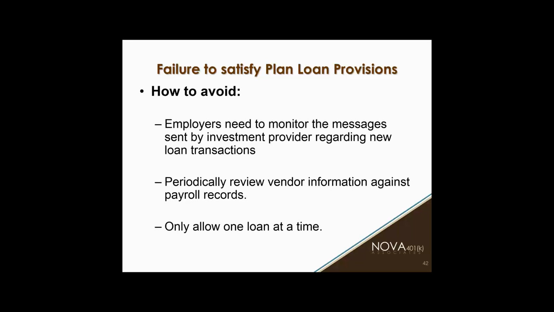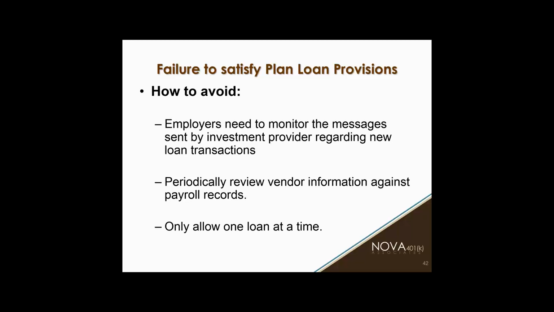Again, how do we avoid some of these loan problems? Almost all of your investment providers also record keep the loans and track them. And if loans become delinquent, most have reports that get sent to you as an administrator indicating that loan payments have not been received, and then listing the loans that seem to be delinquent, right? So keep an eye out on all of your message center emails that you get from your investment providers. They'll let you know if there are people you need to look at.